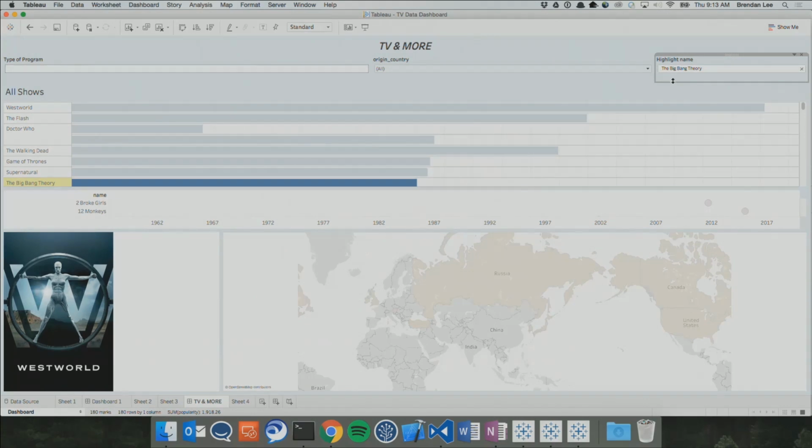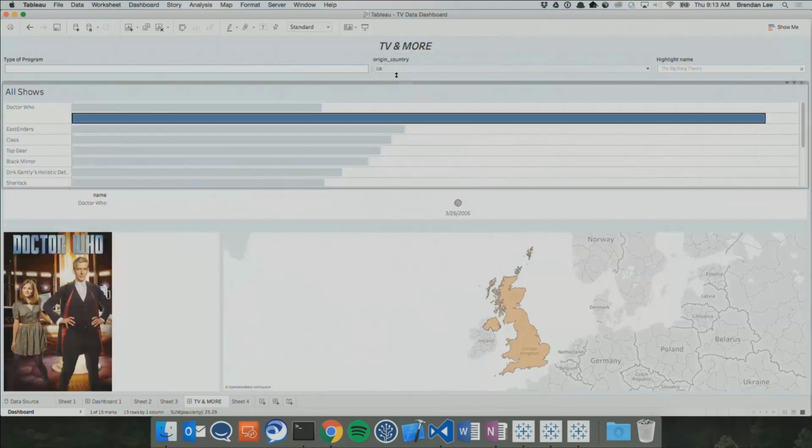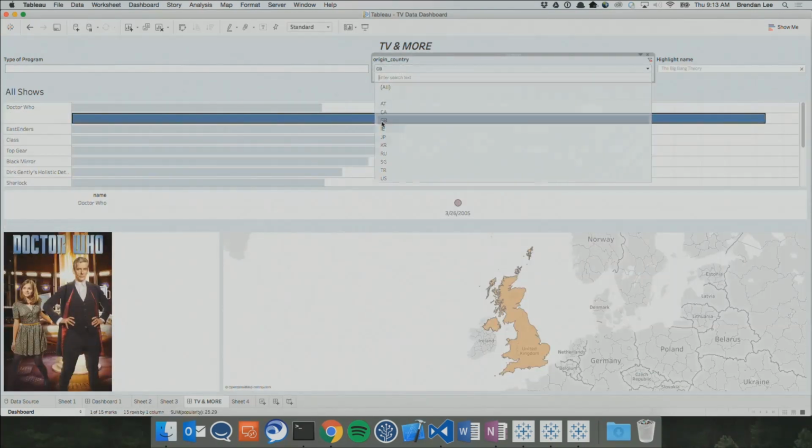So I used a highlight filter, and notice that my Big Bang Theory is number 7. Well, that shouldn't justify a Thursday show, right? So I'm still upset about that one, by the way. But some of the other things that I noticed on here, again, looking at different countries and what they have actually produced.